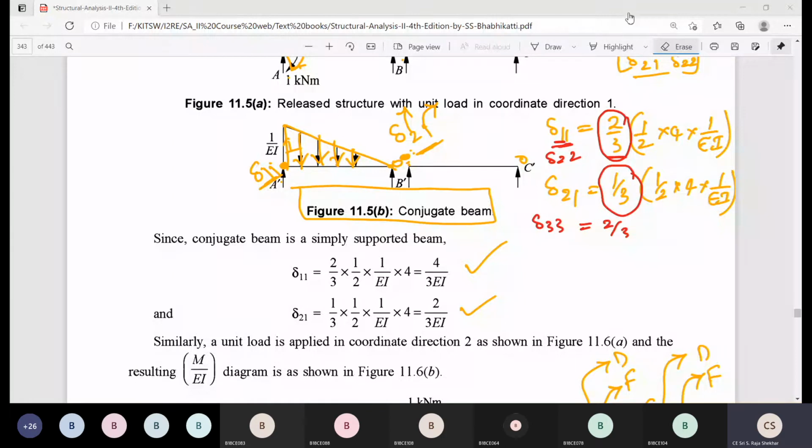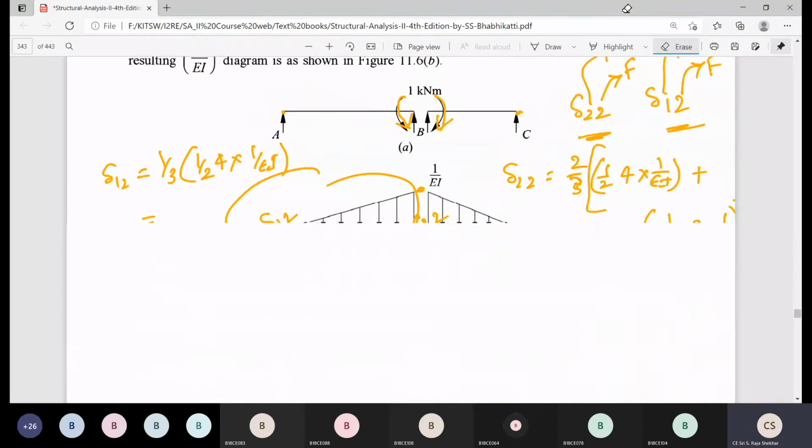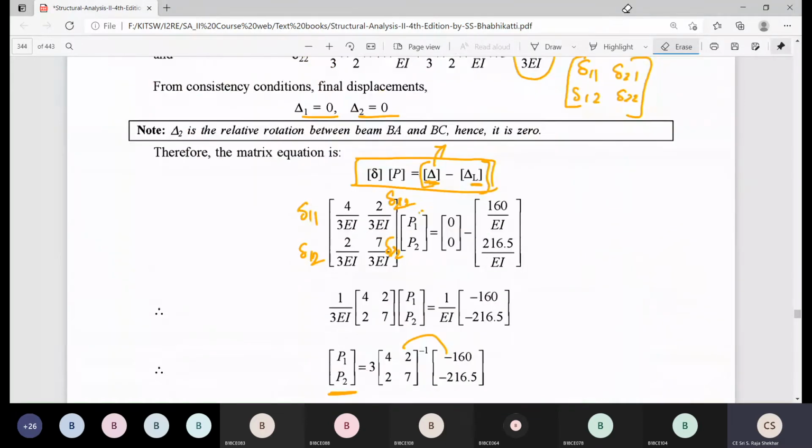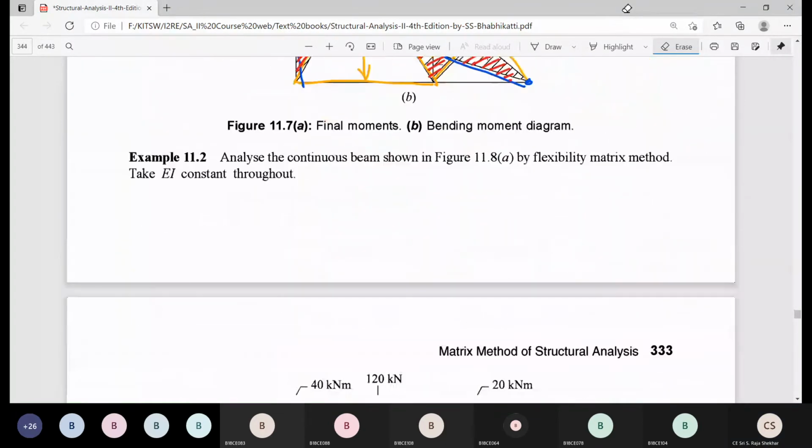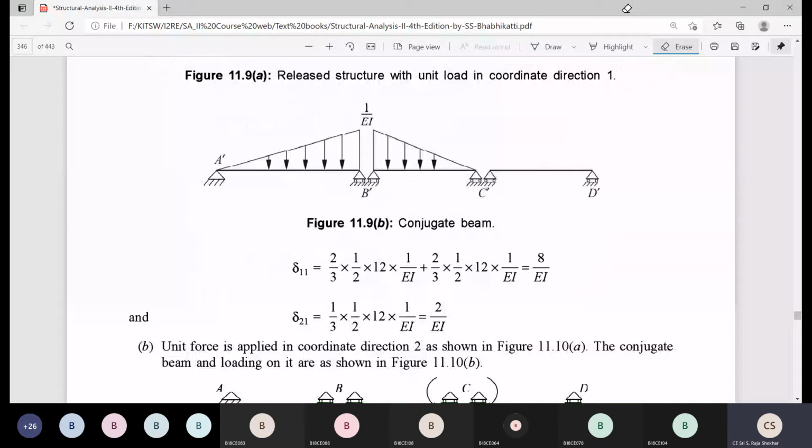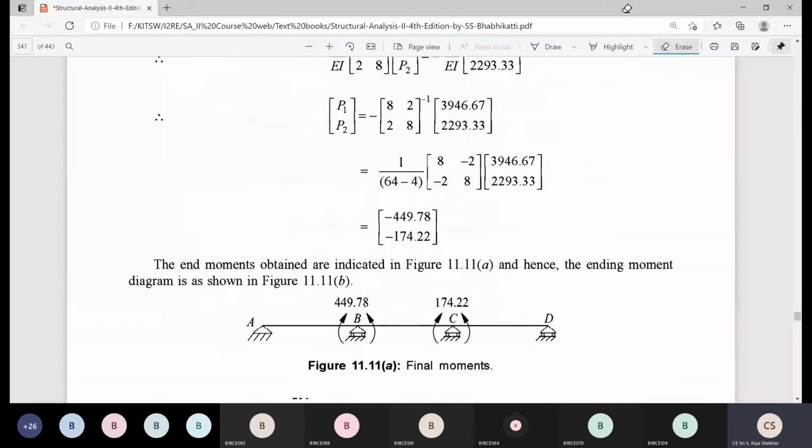Okay. So this is just a simple technique for degree of indeterminacy 2, and that's why I just explained it here. So now I will move to the next problem, that is a framed problem and truss problem. In that I've used the unit load method. That is a different concept. By using the unit load method, you can also solve the same problem.